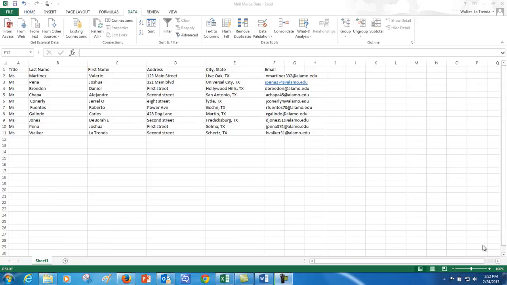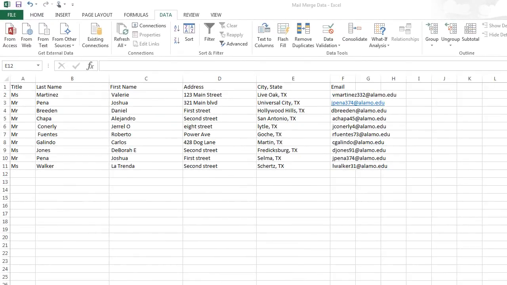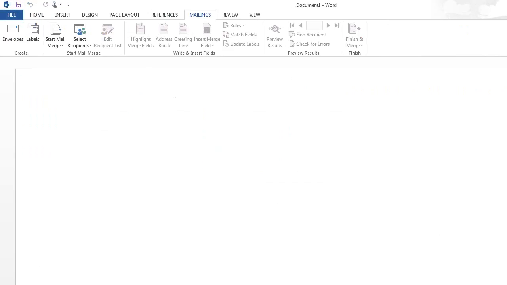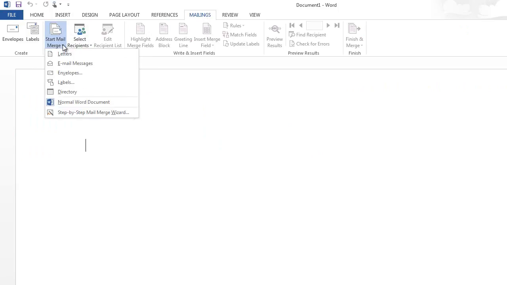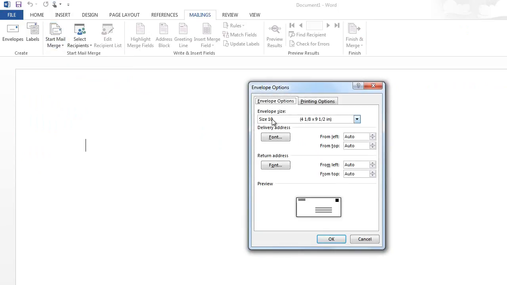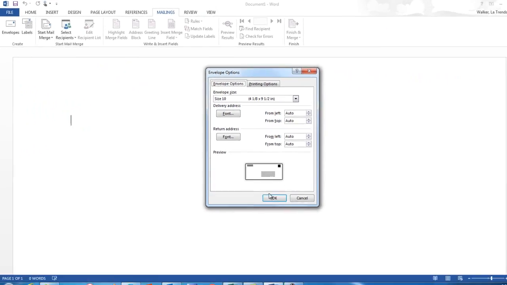We can also use Mail Merge to create envelopes for mailing. I've gone back to my data and added some fake addresses. Now I will go back into Word, and once again in the Mailings tab, I'll click Start Mail Merge, and this time we will merge to envelopes, and I can choose what type of envelope that I want to use. Once I have it chosen, I click OK,